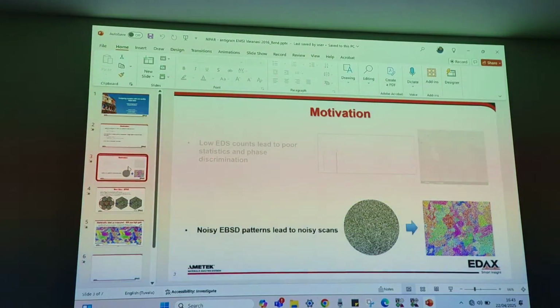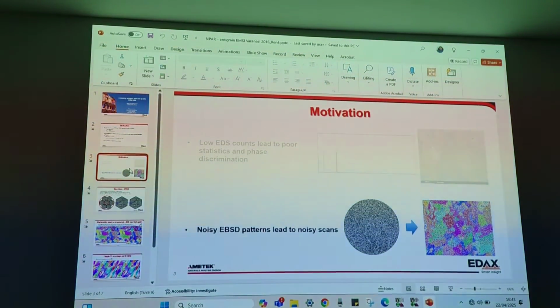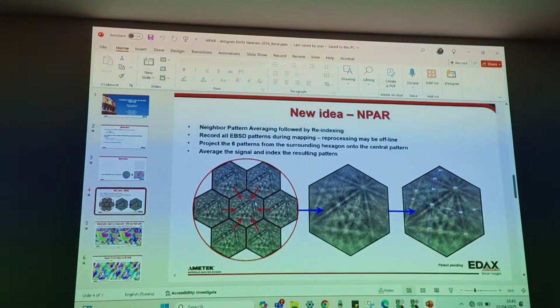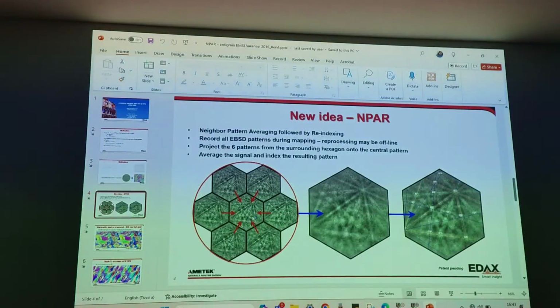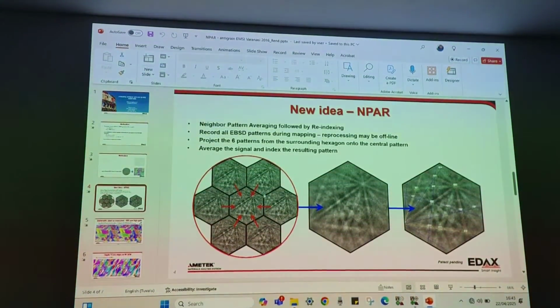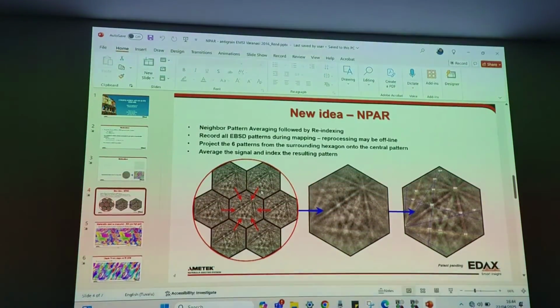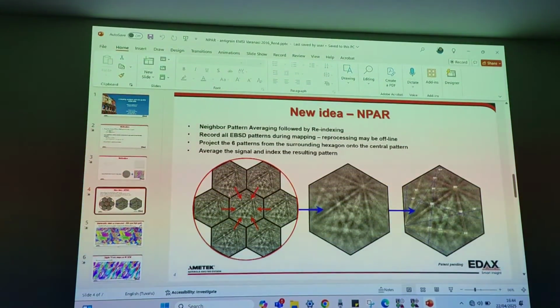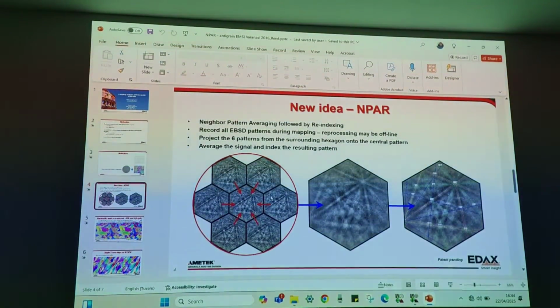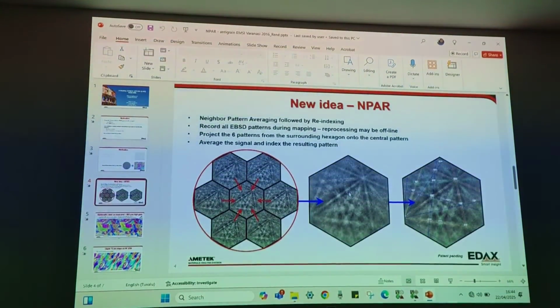During the measurement, we store all the raw patterns, and based on those raw patterns, we do the averaging of those diffraction patterns. Suppose the center one is one pixel of the diffraction pattern. What we'll do is take the average from the nearby surrounding 6 neighbors, and that average value will be assigned to the center point. By doing that, we are improving our diffraction pattern quality.